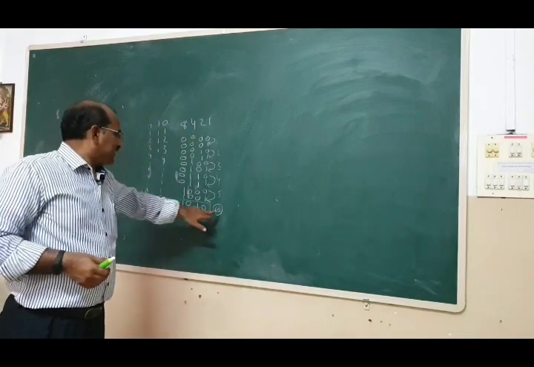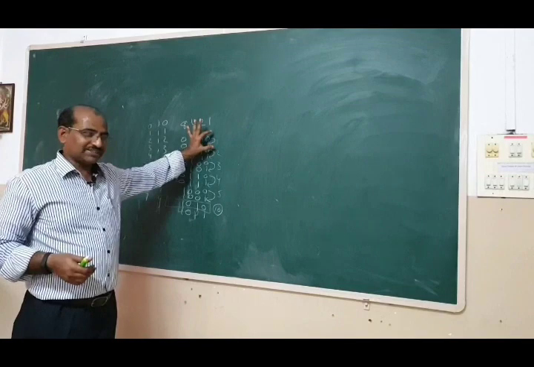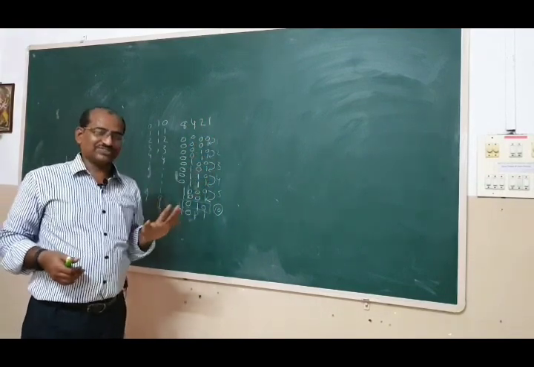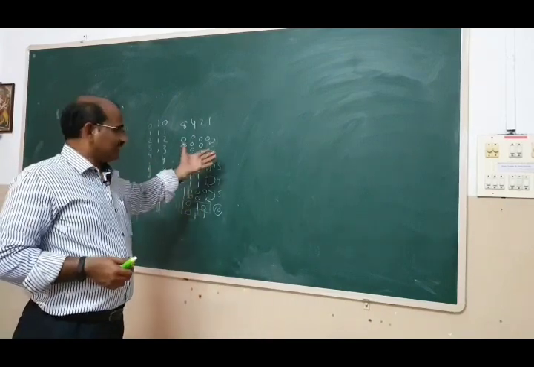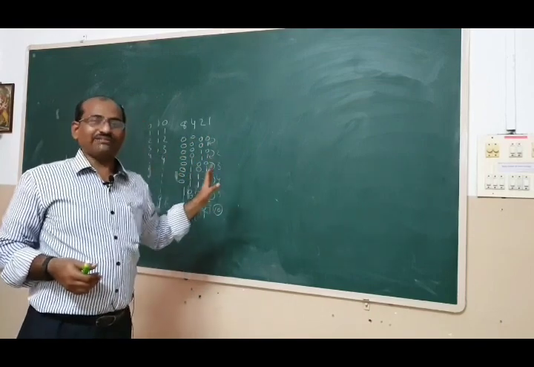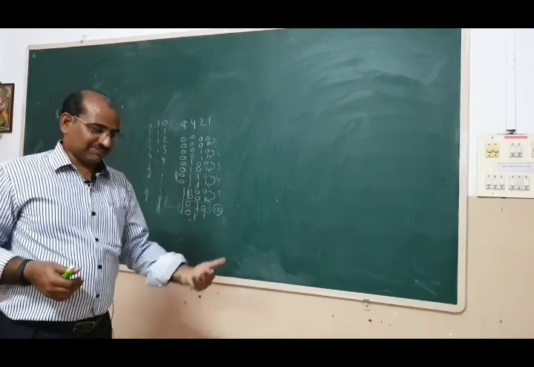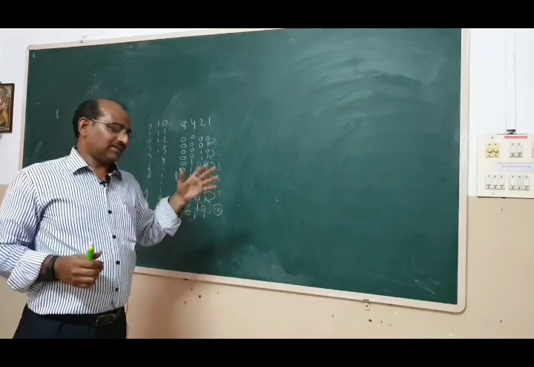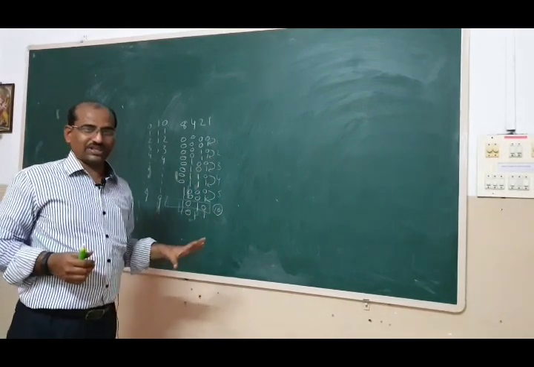So, 10 is the base of the decimal number, 2 is the base, the radix, of the binary number. So, for each 10, how many 2-cycles are there? 5. So, the same logic we apply here. To convert a decimal number, we divide by 2. After dividing by 2, we write the remainder. And that method I will explain to you. Anyway, the central logic is this one.